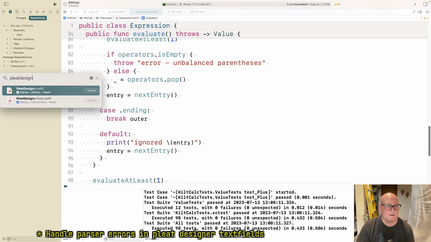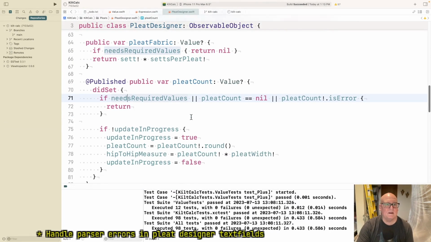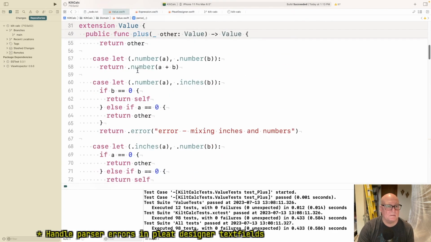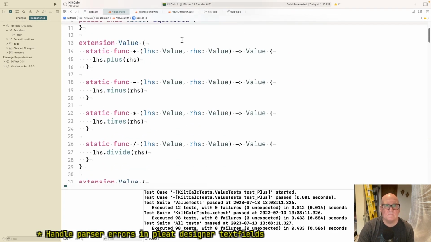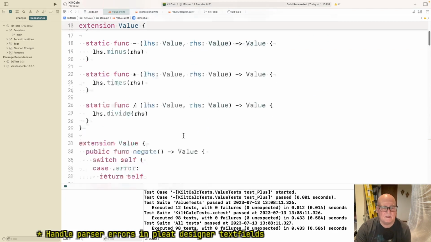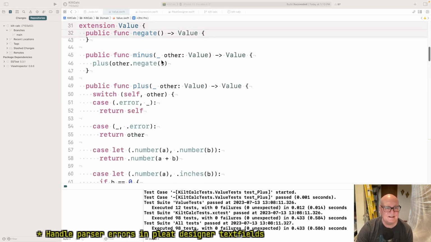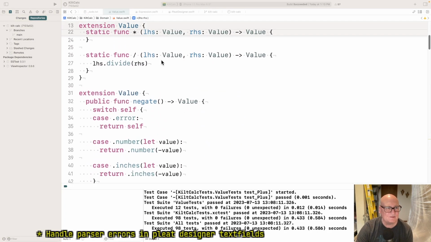Why is PleatDesigner all happy? Sorry, let me check the value. This had throws at some point. I don't know why. I don't want to waste too much time. On the other hand, it may be better to just fall forward if I can figure out where I'm falling from.